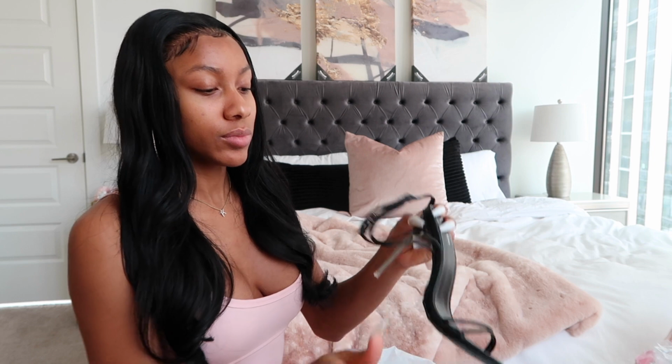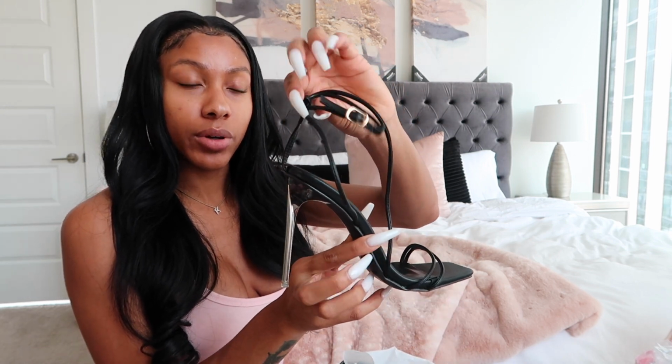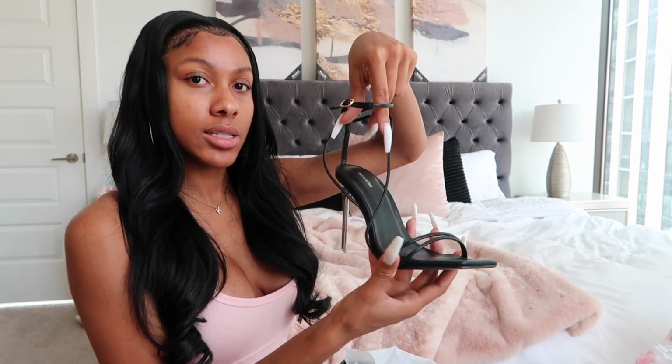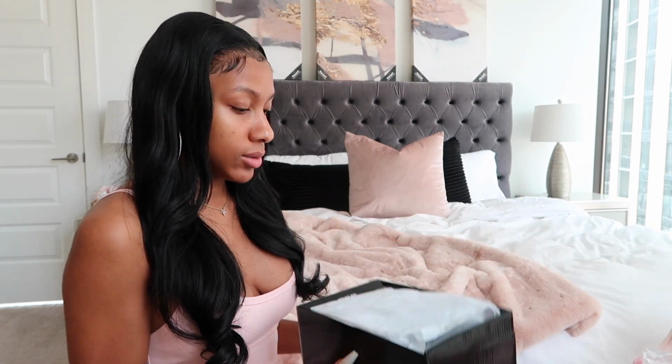Look. So the heel is silver, but the strap is gold. Jesus. But either way, cute. Straps around like this. I really did need black heels. Don't judge me. The last pair of heels